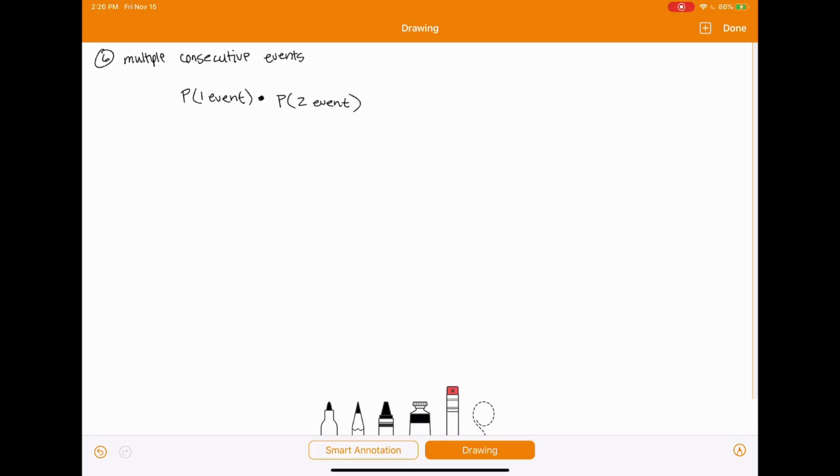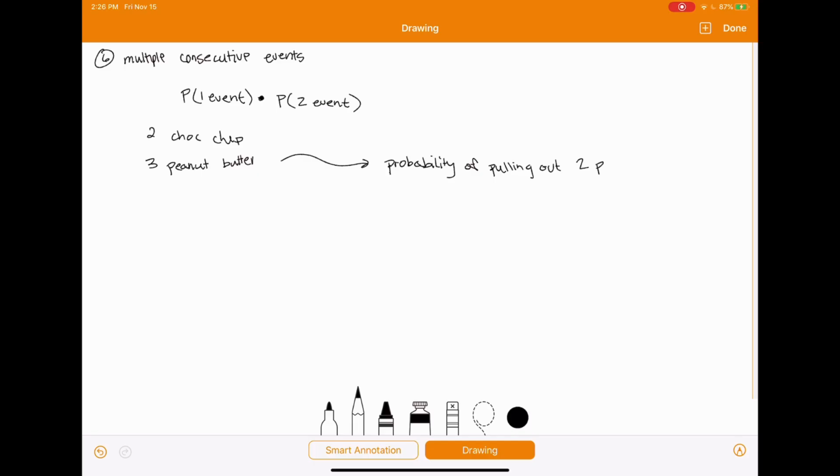All right, so, for example, if we have a bunch of different cookies in a bag, let's say we've got 2 chocolate chip cookies and 3 peanut butter cookies. And you wanted to know the probability of pulling out 2 peanut butter cookies